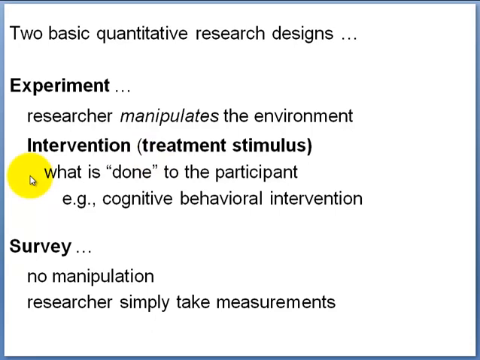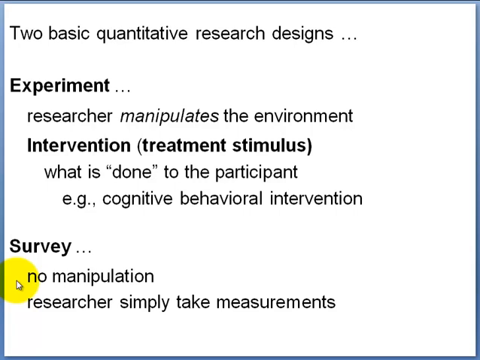So for instance, an intervention might be a cognitive behavioral one to help a kid stay in his seat at school. In contrast to experiment, in the survey there is no manipulation and there is no intervention, at least in the same sense as in an experiment,